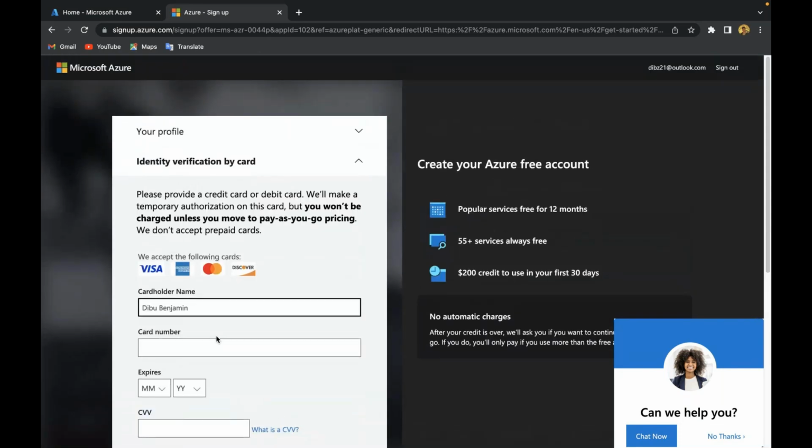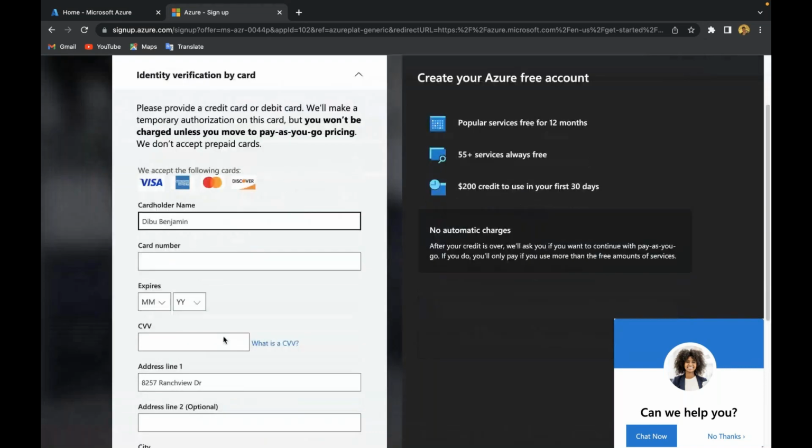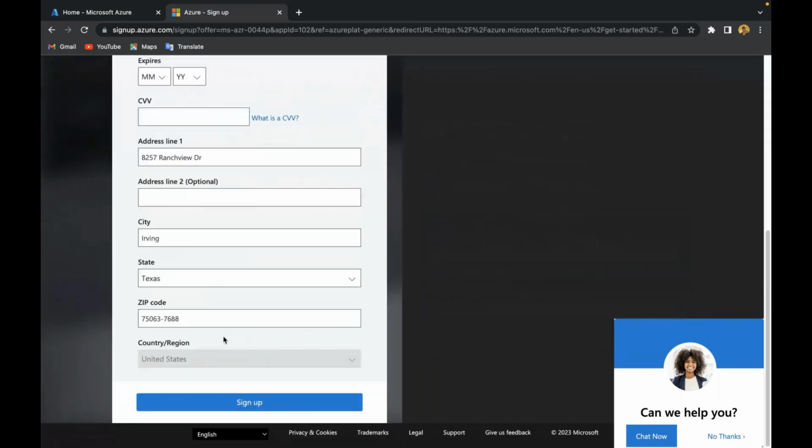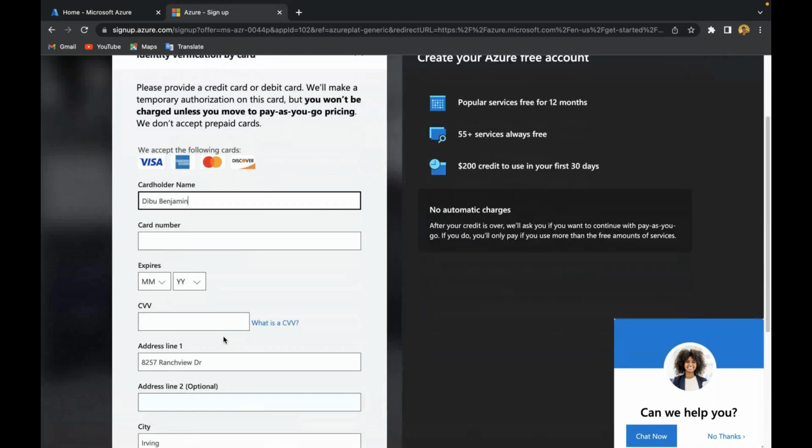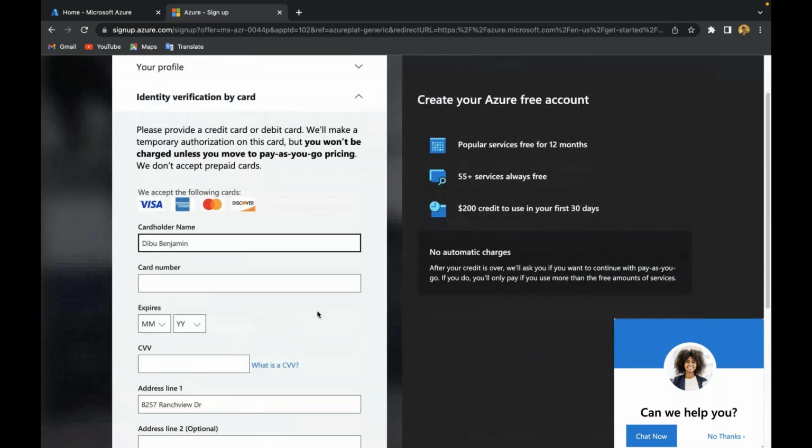Should I give my card number also? Yes, you can stop sharing and just give your card number. It deducts like $1 or $2 and it's refundable, just for verification purposes. Stop sharing your screen and update these details here.